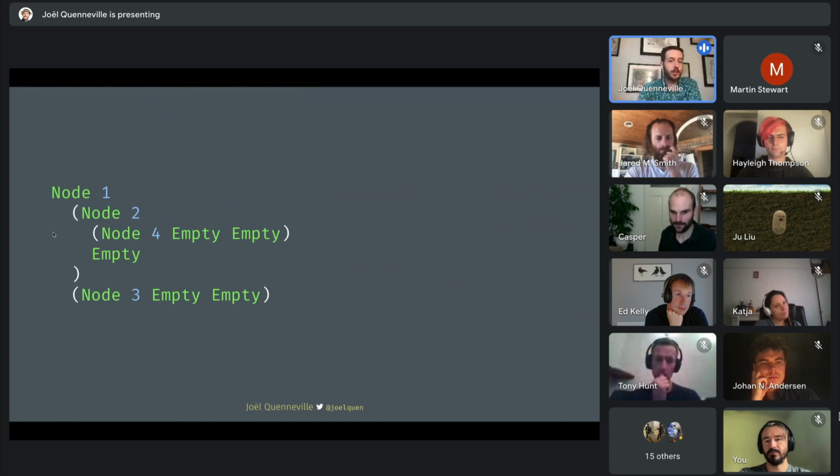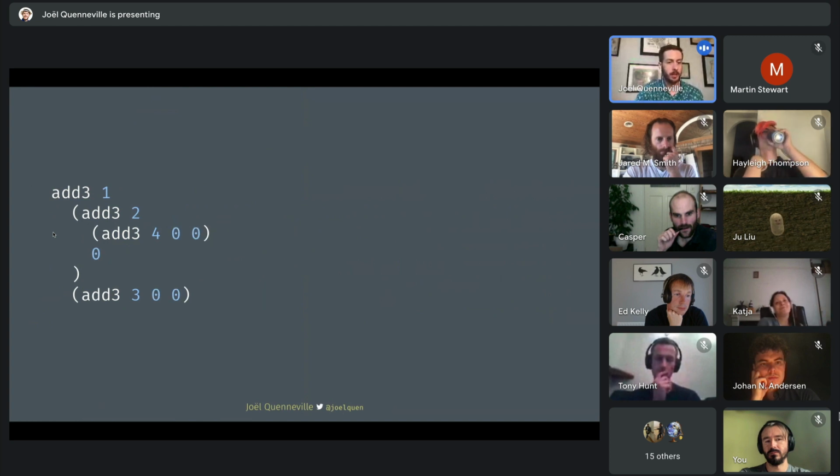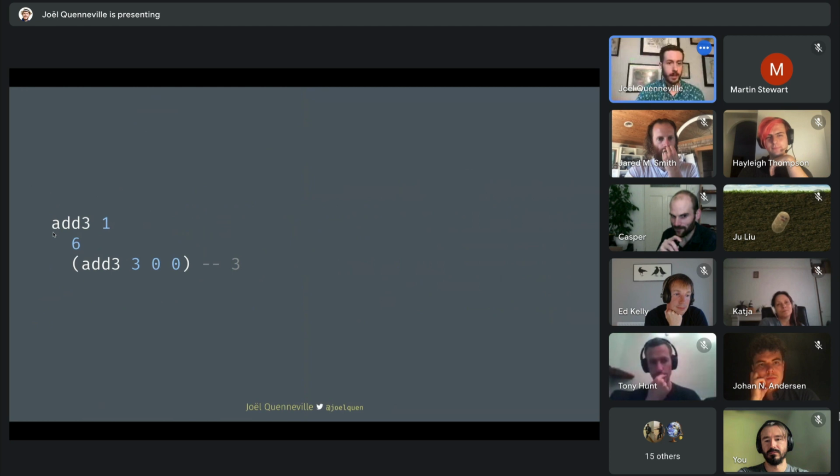And so if we just find and replace and go through, replace all of the node constructors with add3, and all of the empty constructors with the number 0, we end up with this expression right here, which we can then just start to evaluate. So starting from the innermost parentheses, 4 plus 0 plus 0 is 4. Then 2 plus 4 plus 0 is 6. 3 plus 0 plus 0 is 3. And 1 plus 6 plus 3 is 10. And there we have it. We have summed a binary tree from the perspective of constructor replacement,